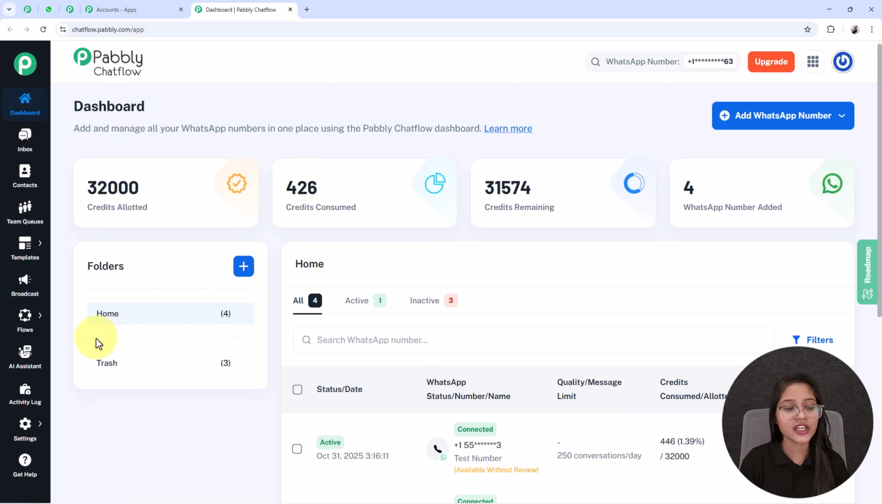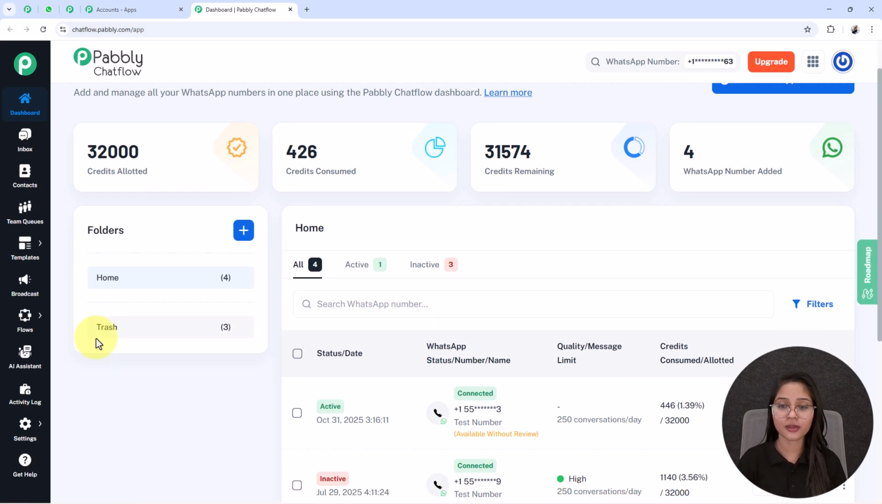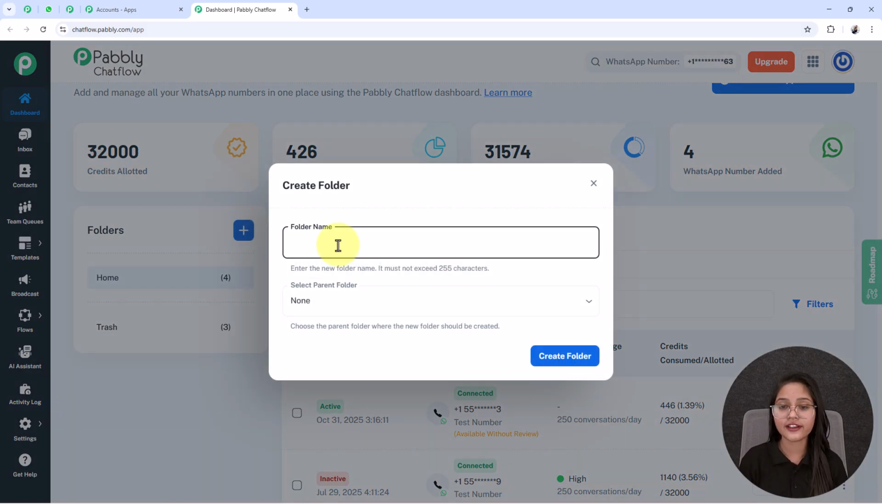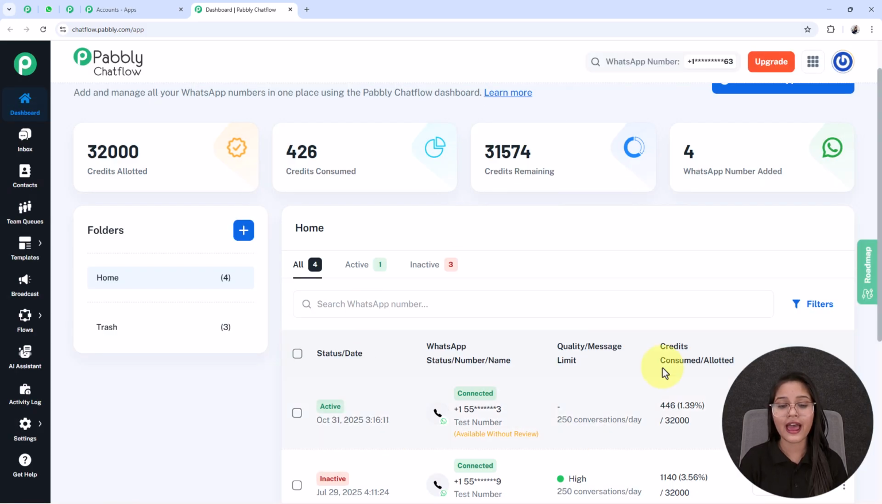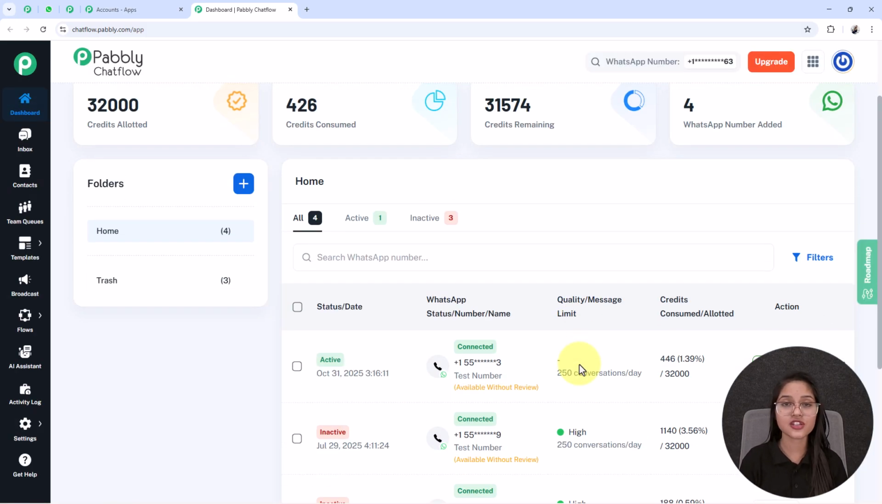And in this folder section, you can create multiple folders in your Pabbly Chatflow account by clicking on this plus option, where you have to enter the folder name in this field and also select the parent folder from here. And in this home section, you can see the status of your WhatsApp numbers that were added into your Pabbly